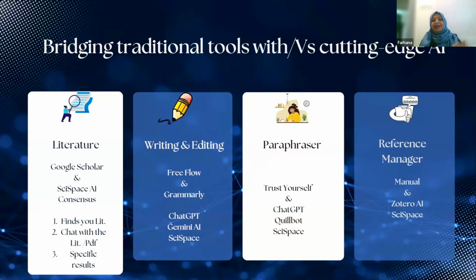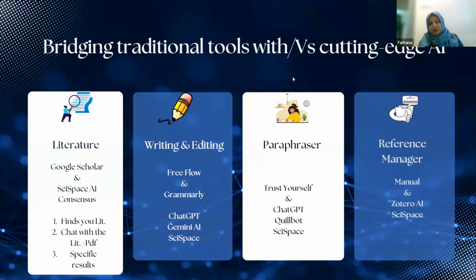For that, you can use ChatGPT, Quillbot, SciSpace. And then we have reference managers. I know people are using EndNote and other tools, but for me, obviously I use manual referencing sometimes, because otherwise I need to go to another page and do another thing, and sometimes I already know APA format, so I just immediately do it manually. But when I do my work in a chunk, in a big manner,